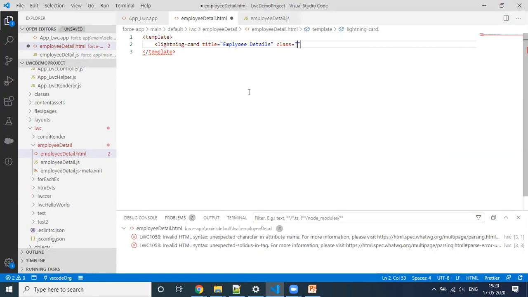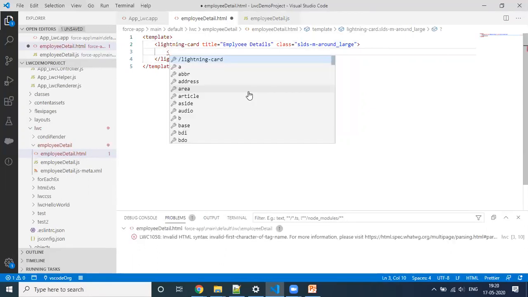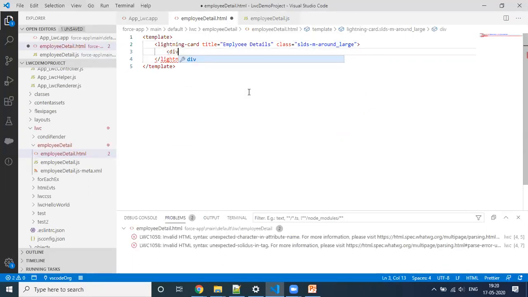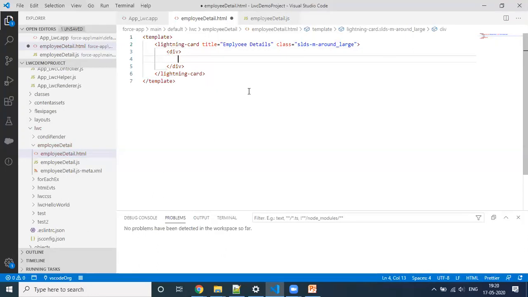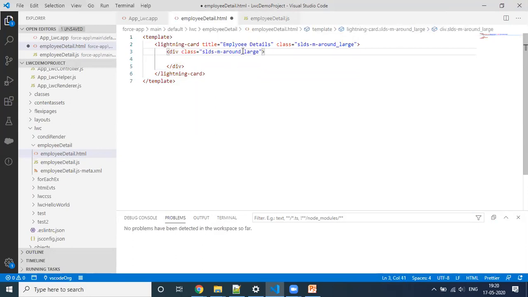If you need, you can give this, or it's not needed. So this is a standard class, and inside this I'm creating one div. And let me use the same class here as well. This class is standard and it will give you some look and feel. And let me define some medium here.